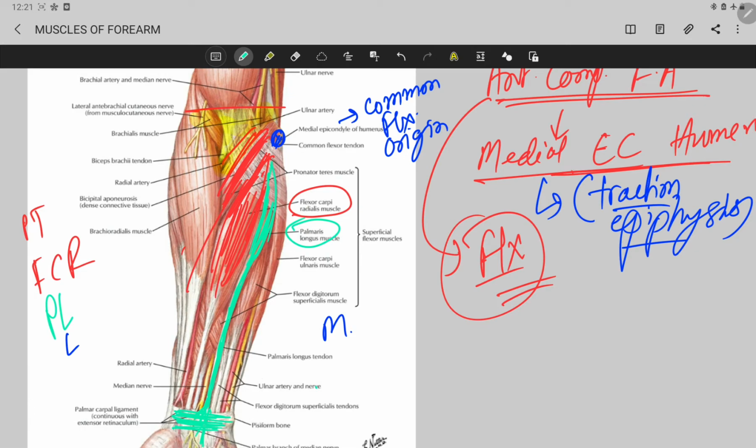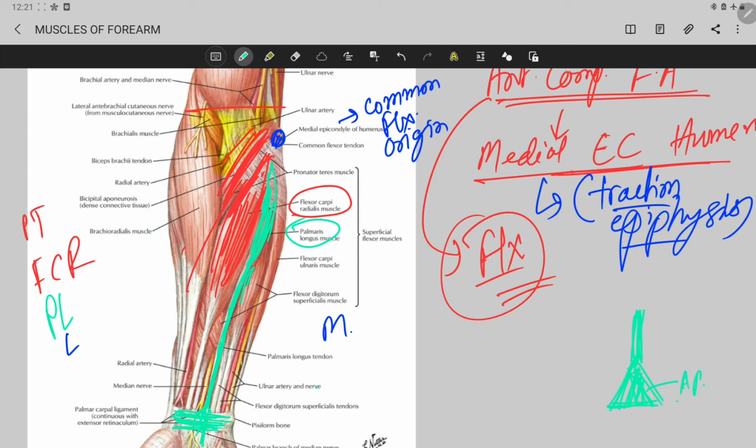So what is aponeurosis? Aponeurosis is nothing but a tendon. The tendon is getting flat here and forming a sheath. This is called your aponeurosis. So this palmar aponeurosis is coming from the palmaris longus muscle. It has a short belly and long tendon, and medial to this palmaris longus you can see here the